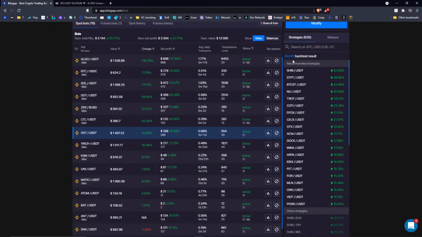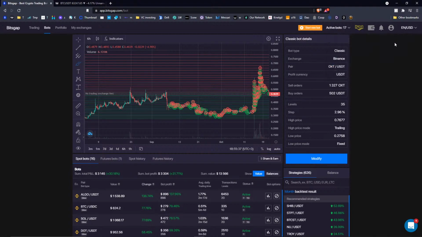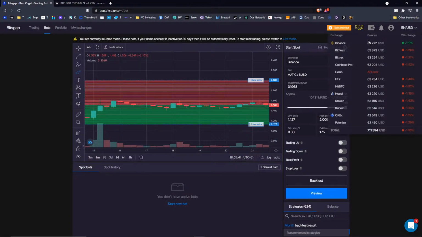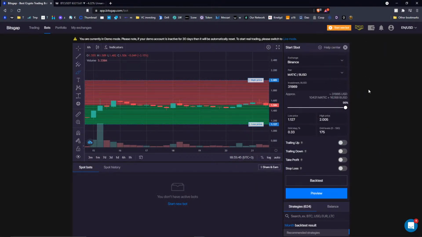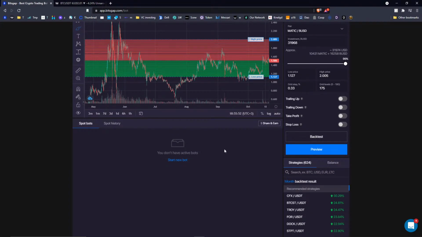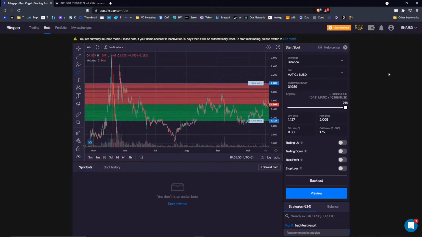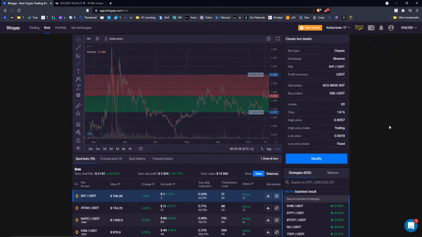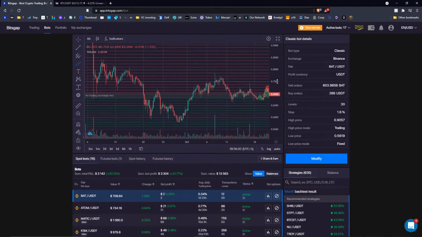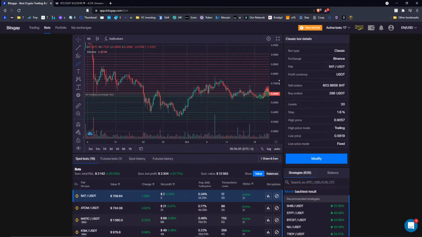If you are not sure about your strategy, you have the demo mode. You go here, demo mode, voila, you have this virtual money to trade with. Literally like 7,100. That's a heck of a lot of money, but it's virtual money. Still, it mimics the real market, and you can experiment with different strategies before risking your real money. So that's the pure gold here. You have literally everything to enhance your skills before risking your real capital. So that's the beauty of Bitsgap.